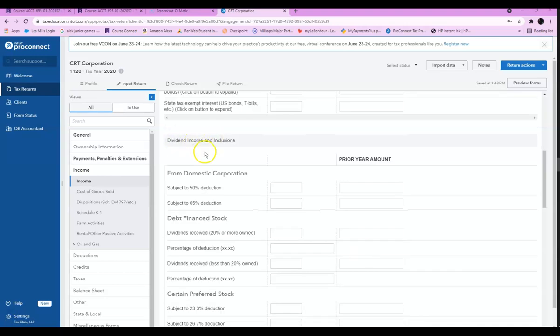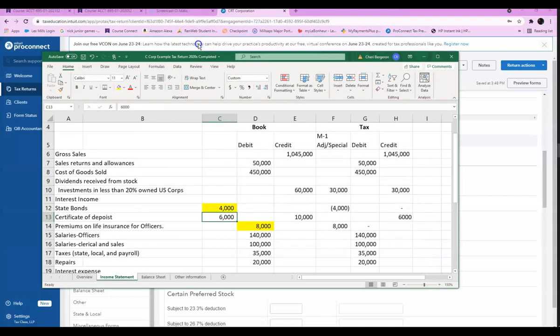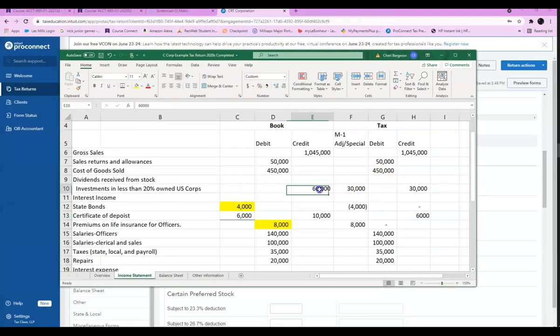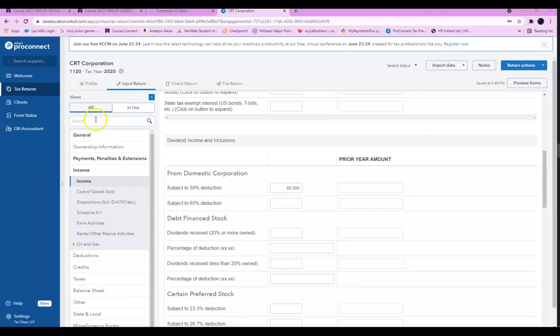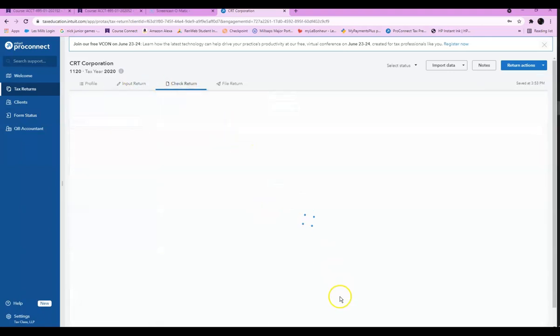Next, we have our dividend income, and we did have some dividend income from a 20% owned corporation, and so we will learn that that is subject to a 50% dividends received deduction. So we will put in the entire amount, which was $60,000, and again, I'm getting that from our spreadsheet. $60,000 is the total, and then we're going to expect it to automatically take a 50% deduction. So I put in the 60,000, and then I go to check return, and I want to see if it